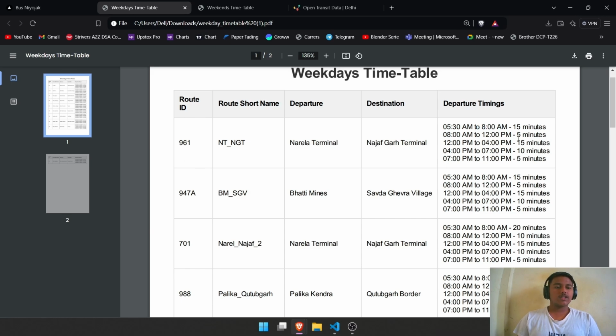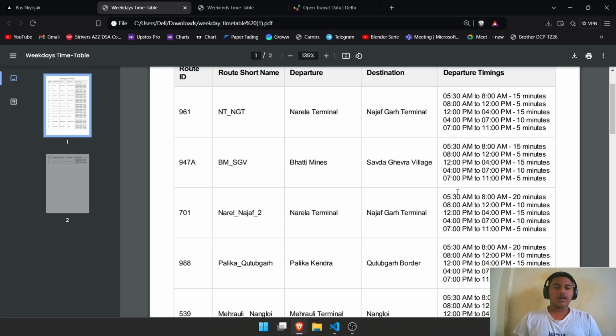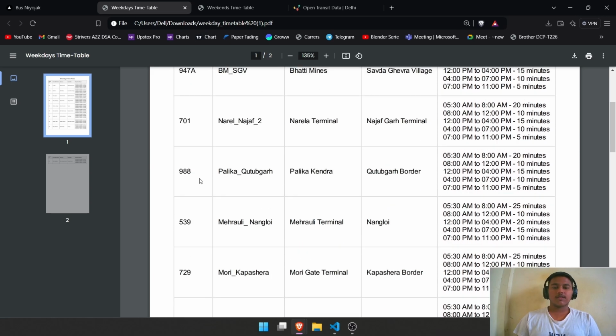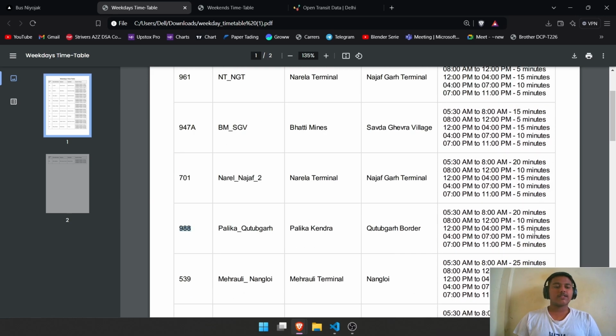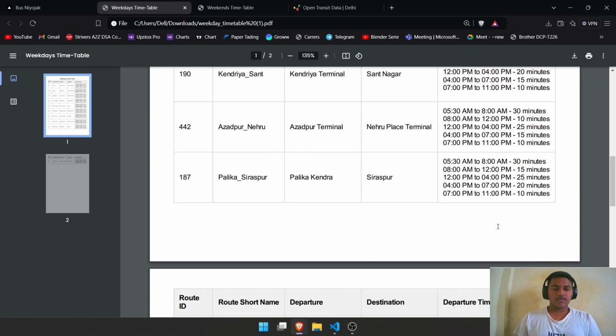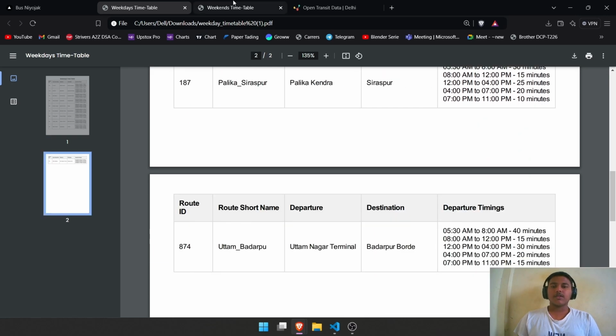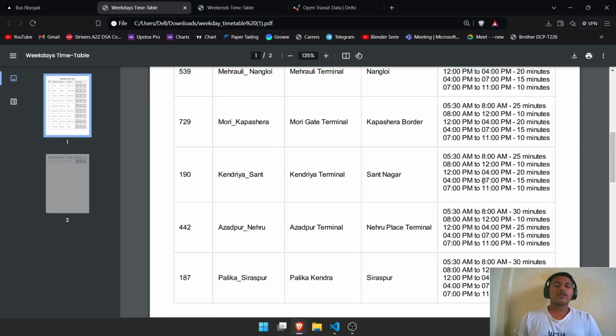Then the frequency changes depending on the usage. As you can see, if a route is less busy, like route 998, which is less busy than route number 961, the frequency is adjusted from 15 to 20 minutes. We also have a 30-minute frequency. That actually depends on the number of passengers traveling. We are actually providing dummy data for this,